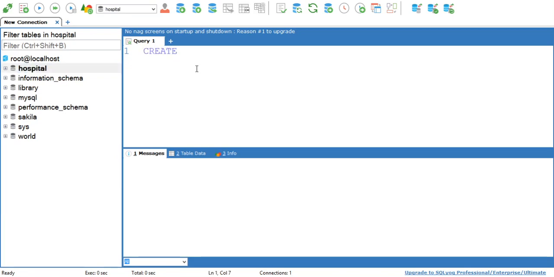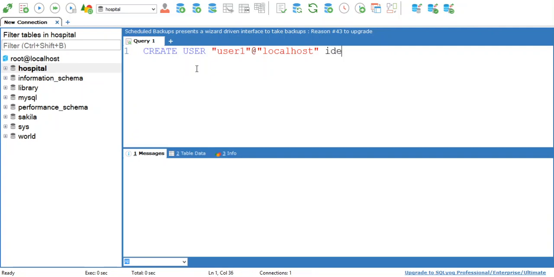Before executing grant and revoke command, we need to create a new user. So we can create a user by using the create user command. After the create user keyword, write down the username within double quotes, then write down @ and then write down the name of your host. Now here on my local machine, only a single instance of SQL server is running, that is localhost. So I have written user1 at the localhost. It means that user1 can connect to localhost only.